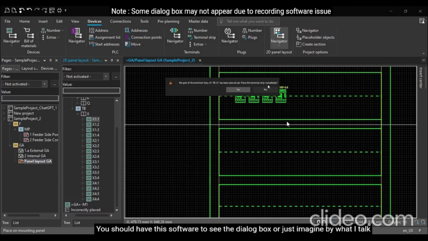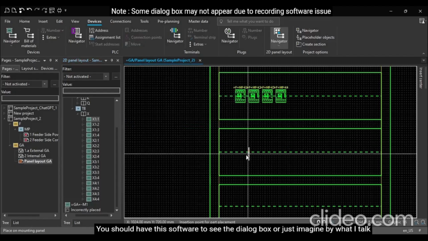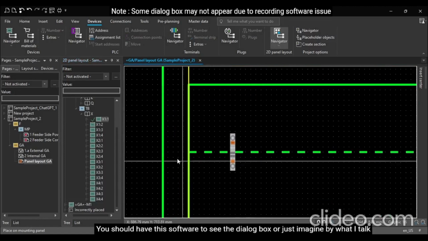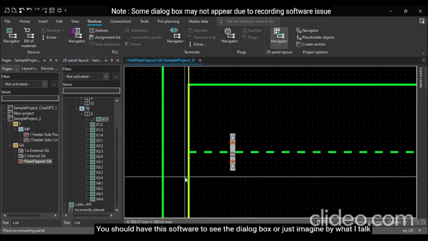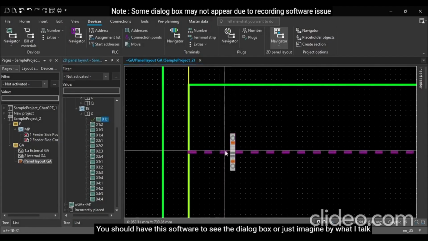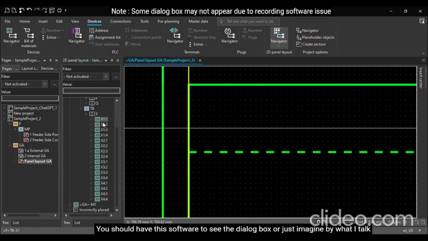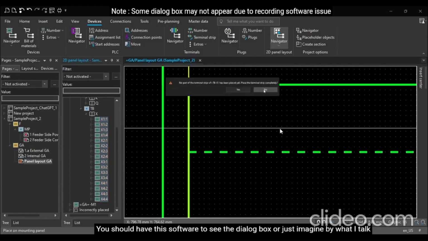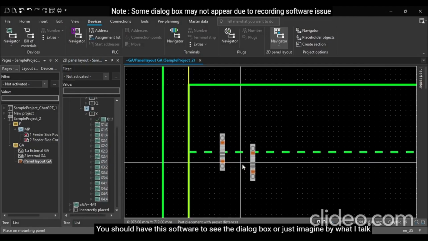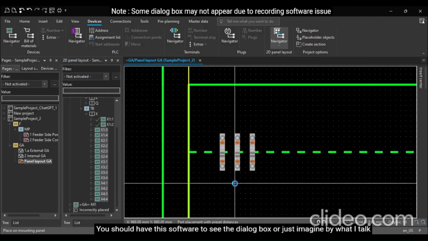Place the terminal strip completely. Just say no. We have to place it single. This is how you can place, and you can see the tick while it has been placed. But now I'll remove it and show you. You just shift click all the things and drag all these. Click no. Just click this. Now wherever you click,